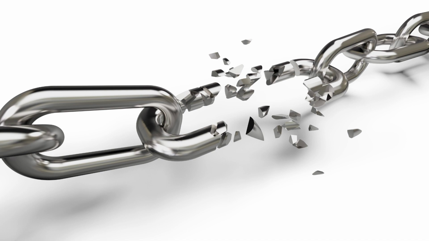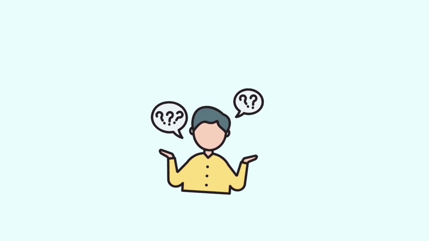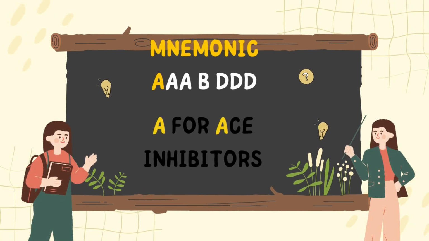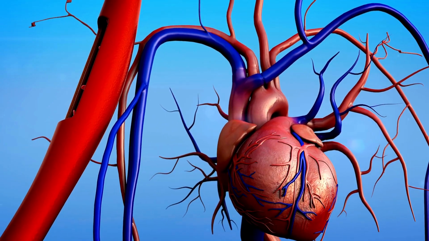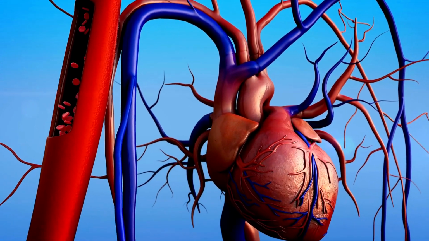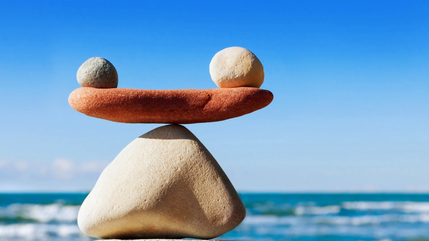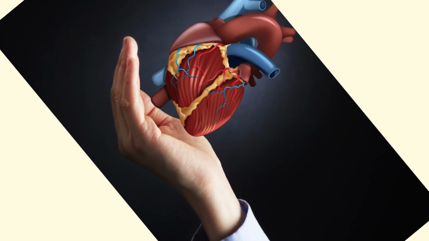Now let's break this mnemonic and see how the A, B and D mnemonic represents the whole class of congestive heart failure drugs. A stands for ACE inhibitors. These drugs like enalapril and lisinopril work by inhibiting the angiotensin II converting enzyme. This action reduces blood pressure, making it easier for the heart to pump effectively. So oxygen demand is less for the heart. So the balance between oxygen consumption and oxygen demand will be managed, which is the major factor for controlling and